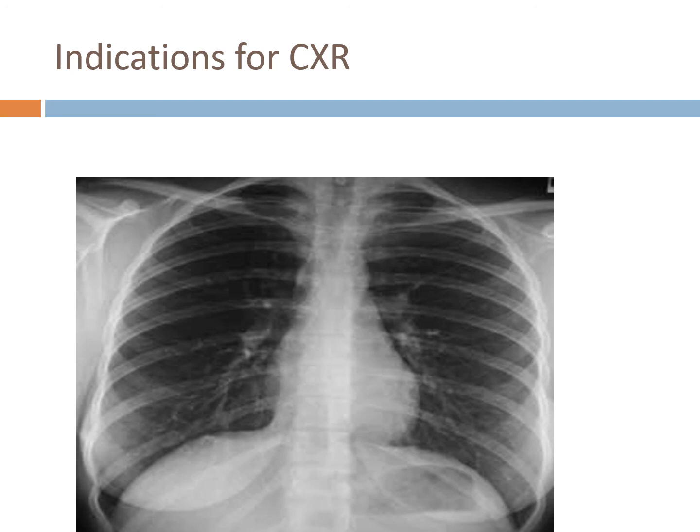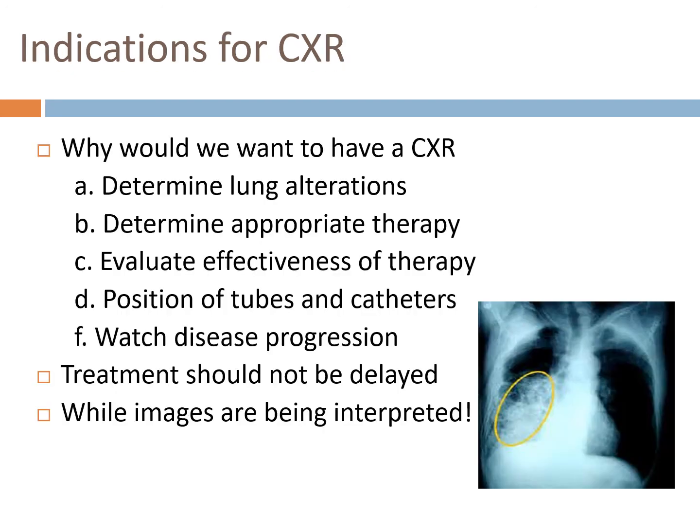You should always be documenting, when you're doing your vent checks, where your ET tube is placed, so you have an idea, so 24 at the teeth or whatever. But if there's any uncertainty, if the tube moved and you're having trouble with your volumes, definitely get an X-ray. If they're spiking a fever, their secretions have changed in color or amount,